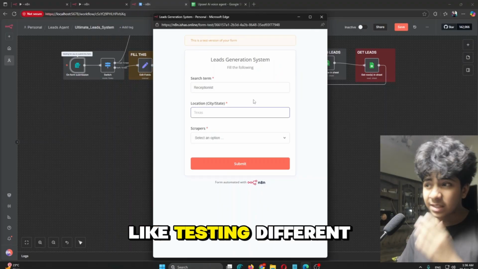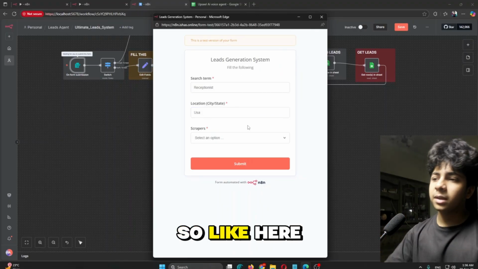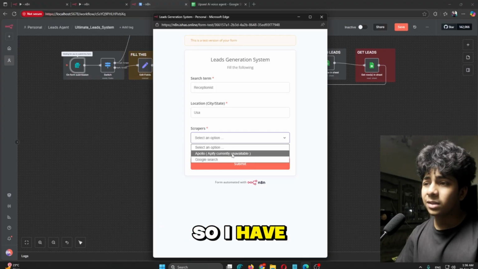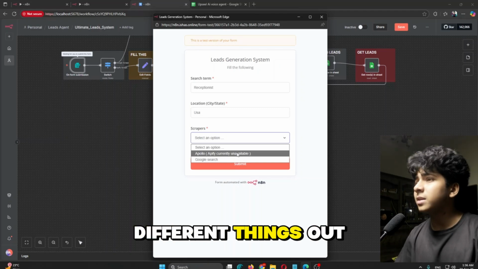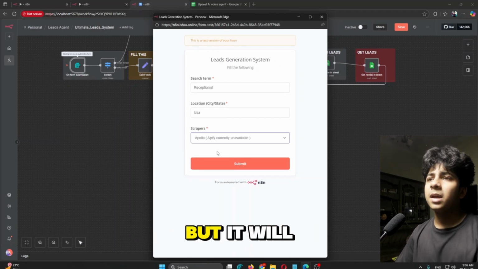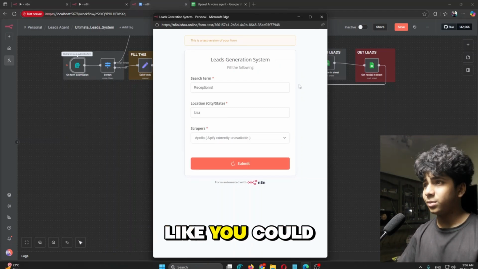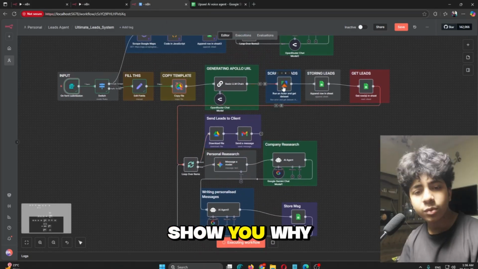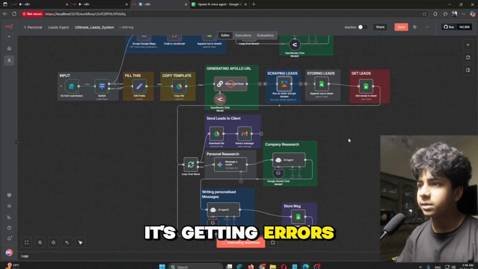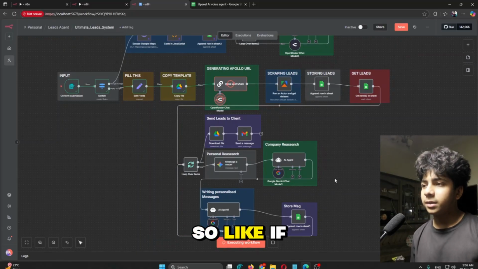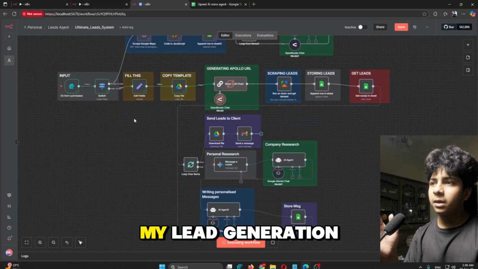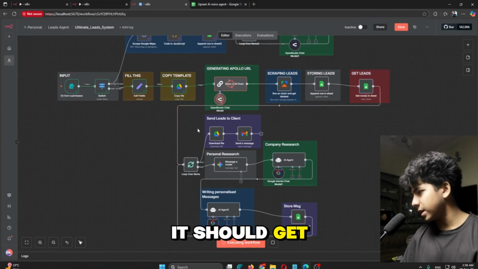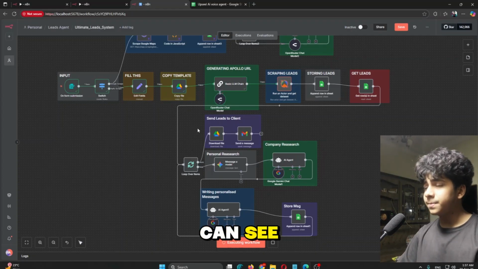I have been testing different options. Here you can see I have Apollo, but Apify is currently unavailable. I also have Google search, but I have been testing different things to make it work, and it will not work. You can see here it will get an error. I can even show you why it's getting errors. If my lead generation agent worked, now it should get an error. Yes, as you can see,